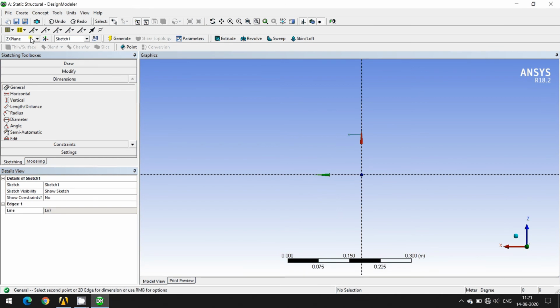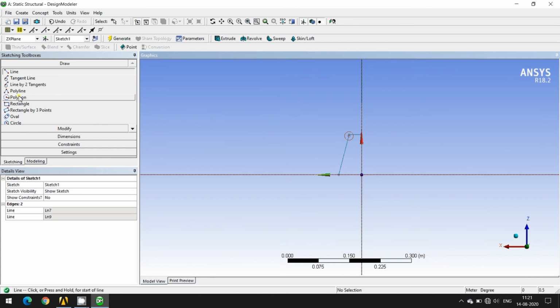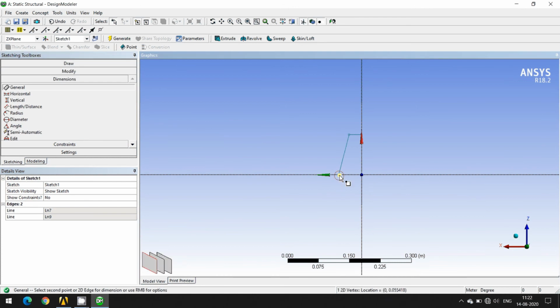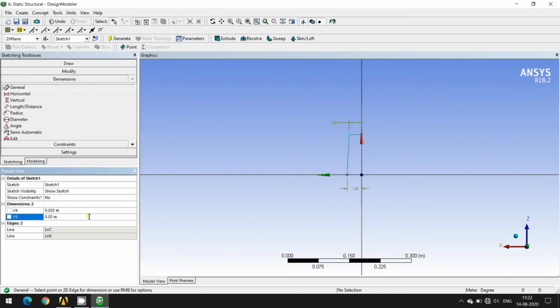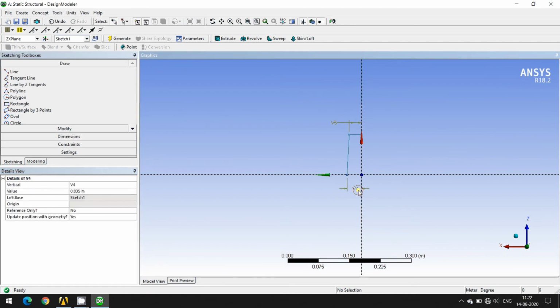I'll draw a line now from here to the end point, and then I am going to modify this as say 0.035. Okay, still it is not working, so let me change this dimension also. So let us say 0.03. Okay, so now it will be like this. So I'll go to the draw and I'll delete these dimension lines.